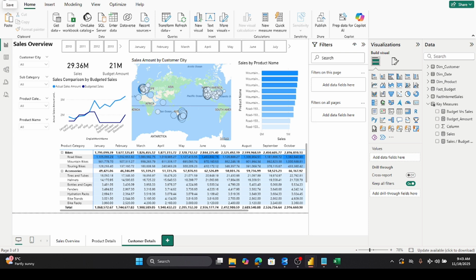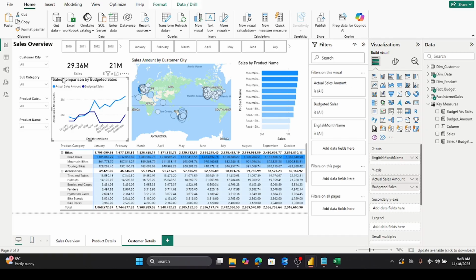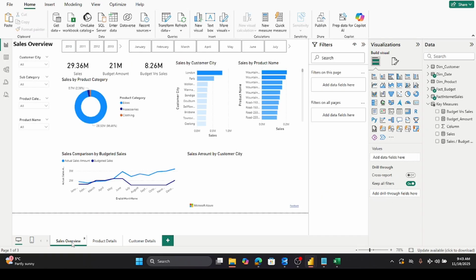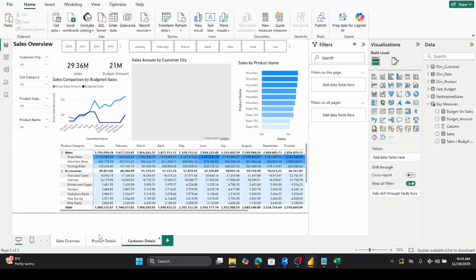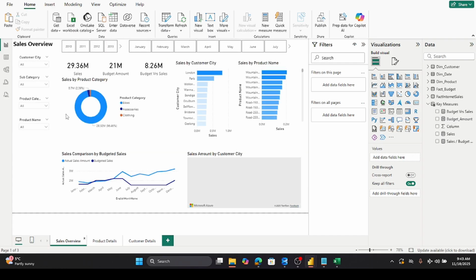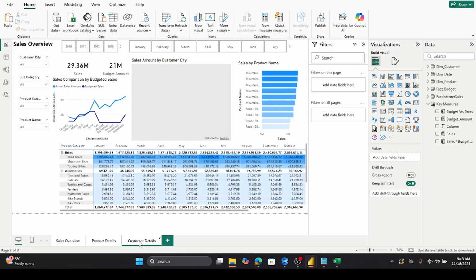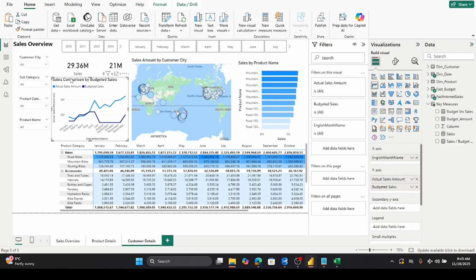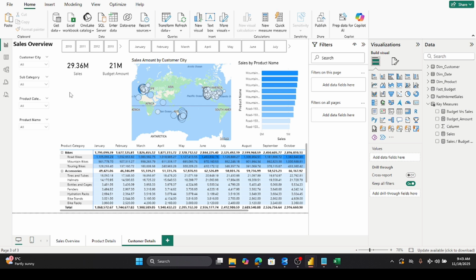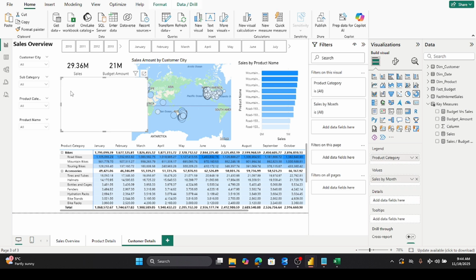We'll save our data and in the customer details we have sales by month. So remember we created the sales by month graph here. No, no. Basically what we'll do is we'll copy this graph just to make it faster and we don't need it here and we'll put this one here